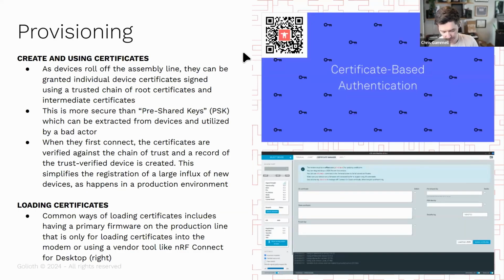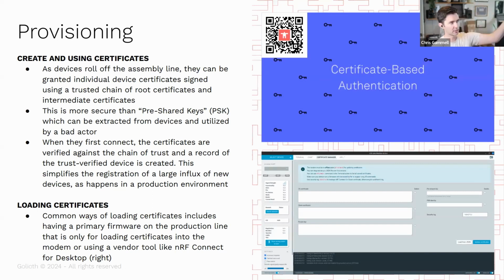Provisioning is another really important one as you start thinking about your device going through production, being on a test stand, being on a programming stand, that sort of thing. And then they wake up and they want to get onto a network, right? So in a lot of the use cases that I'm thinking about, the device that I'm often working with is called the Elixir. It's an nRF9160. It is the cellular device that talks back over the cloud. And so I want to give it a certificate so when it wakes up, it talks to Golioth, the backend